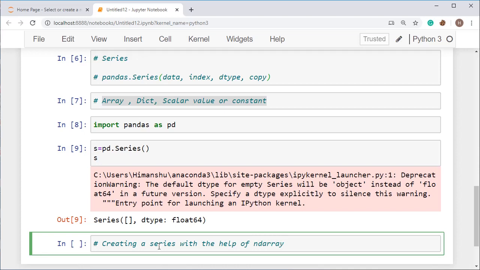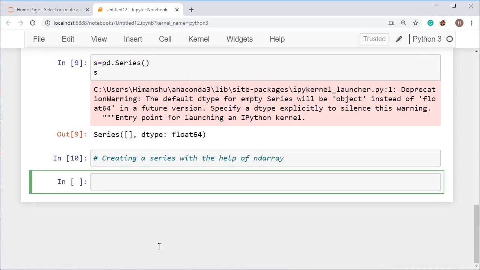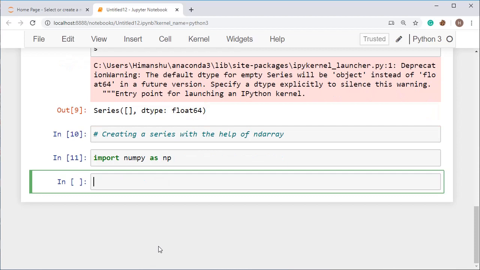So how will we create it? For that we will be using the NumPy library, because we know that for working on array we have to call the NumPy library. So just call import numpy as np. So this will actually call the NumPy library in the environment. Now you can work on the ndarray.